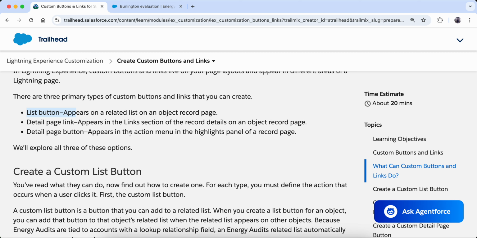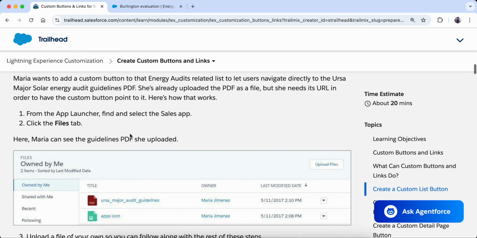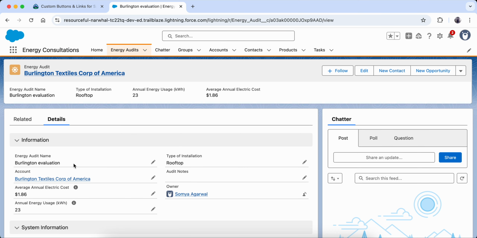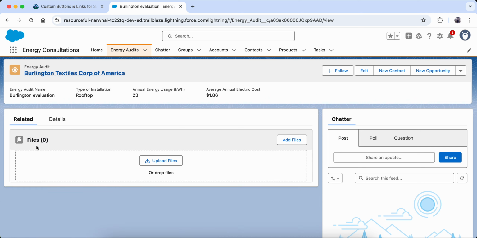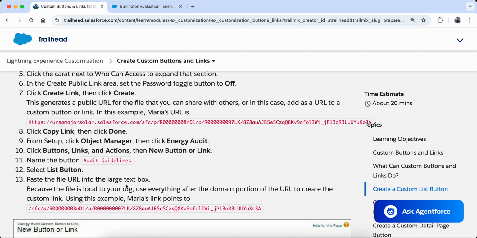Now we are going to do hands on practical for each kind, so that we are able to understand what is happening. First of all they are saying that we need to select a file. In the previous hands on we created this energy audit, and also we created this file in the energy audit. Now they are saying that we have to upload any file here. Whatever file, you can just select any file. So I have to select some file here, and then I have to upload that file.